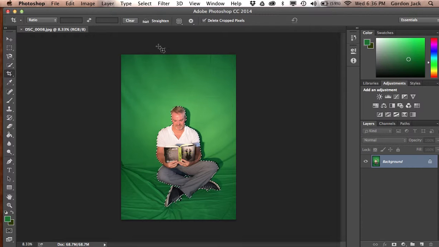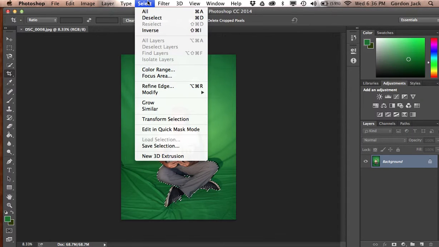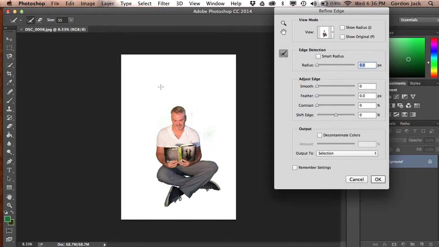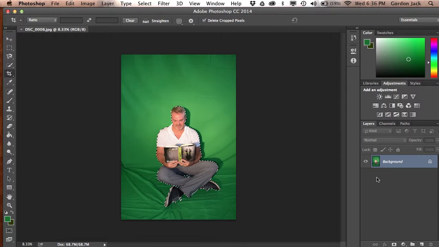I can make this selection a little bit cleaner if I go to Refine Edge here. And I can smooth out these edges. I could feather, although I don't really like the effect that feather gives. It sort of blurs the edges like that. So I usually just feather a little, just kind of, again, smooth out some of the roughness of the cutout. And then when I'm happy with it, I'll hit OK. And there I've got